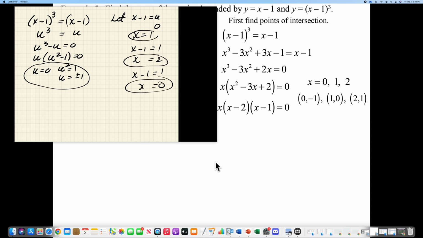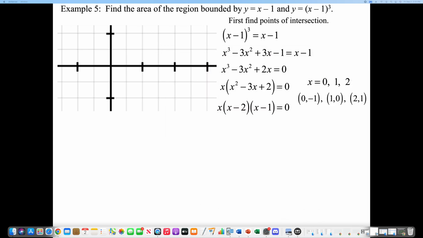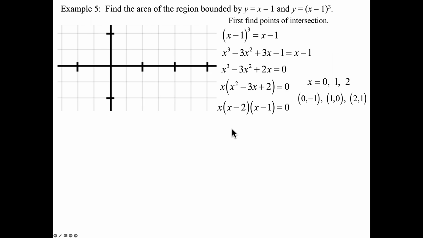And you can get the same 3 answers for x with less work, without having to multiply this all out, doing all that FOILing. All right, so just keep that in mind. Whenever you see binomials that match up the same, you can simplify your work. All right, so we're going to plot those 3 points. Graph that line y equals x minus 1. Draw in our curve here, which is a cubic curve that has been shifted 1 to the right, so it looks like this. And now we have to find the area between 2 different sets of curves, if you will,